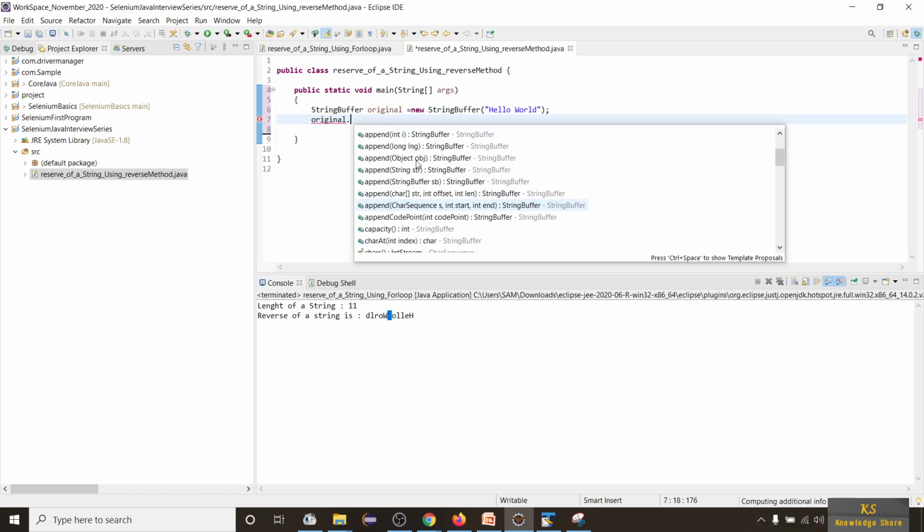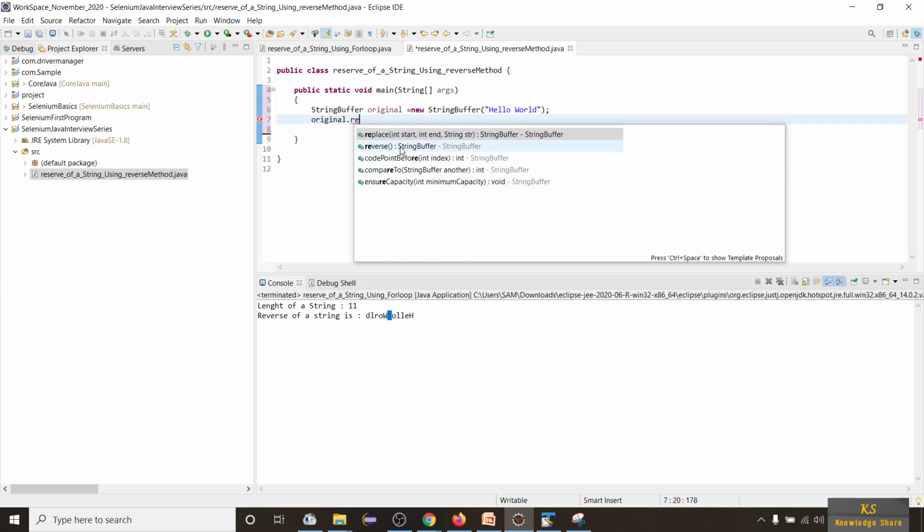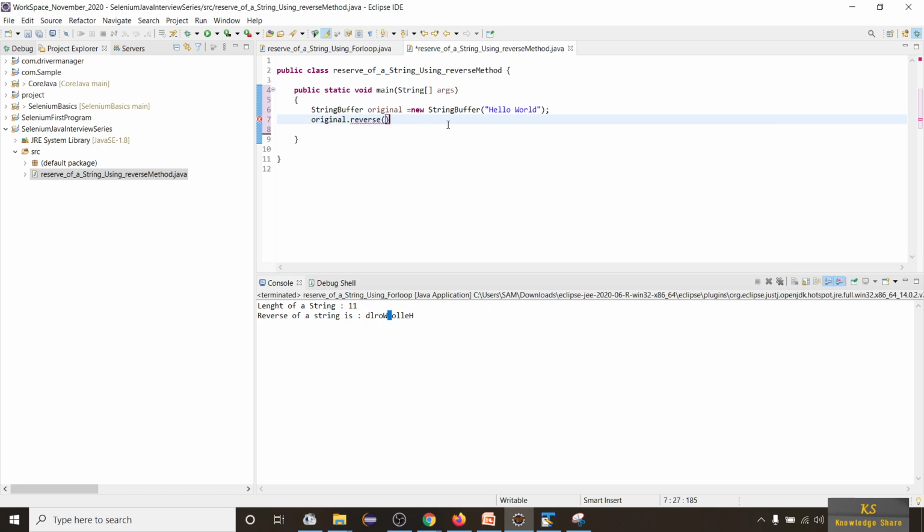You'll be seeing a lot of methods related to the StringBuffer. The StringBuffer has a lot of power to do some transformations on a string. So if I scroll down, you'll see the method called reverse.